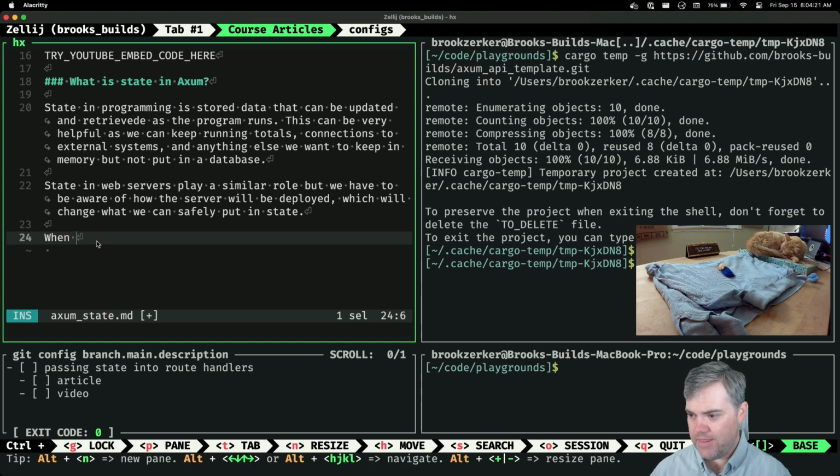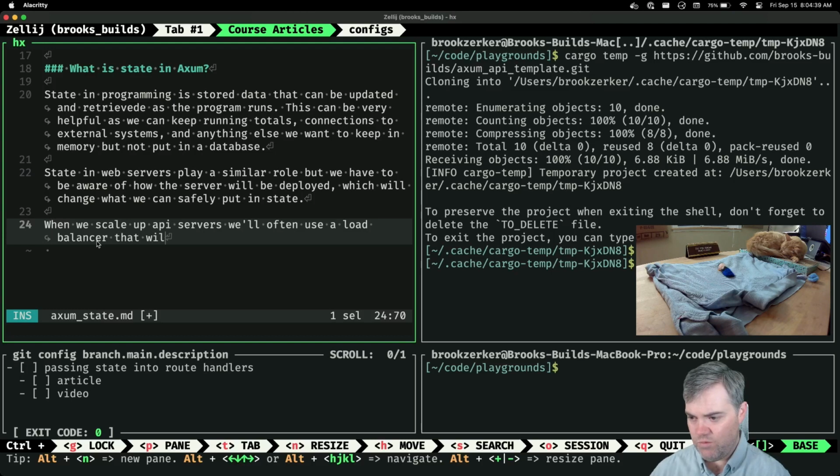When we scale up web servers, or I guess like API servers, we'll often use a load balancer that will determine which server gets used, or gets the traffic, gets each request.